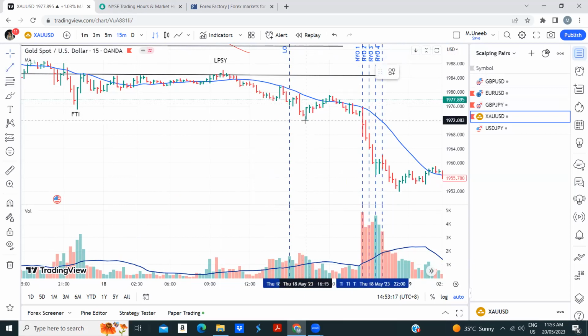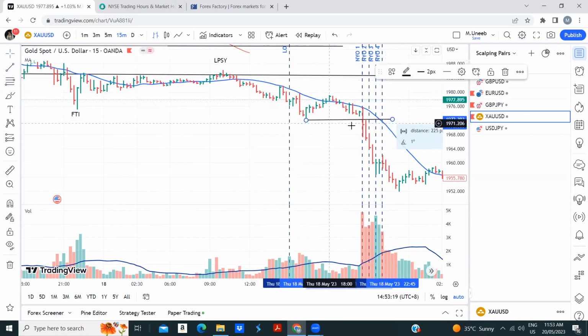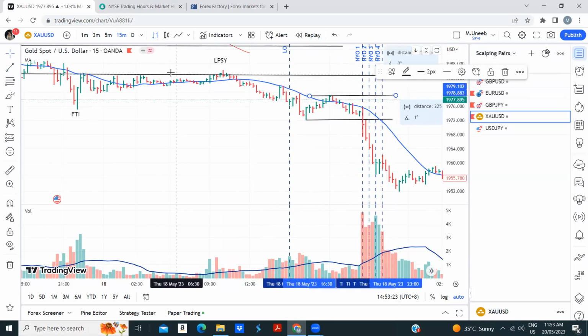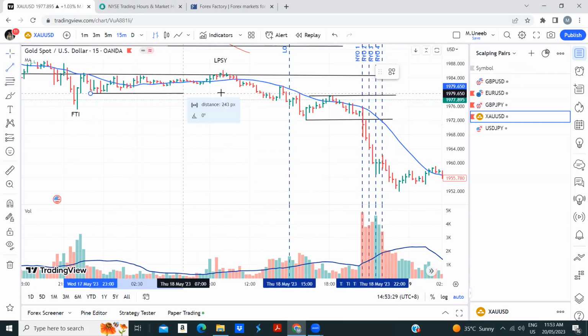We have again some sort of range, okay? And this range here again after this one FTI, okay? After FTI, this is LPS, and this LPS is what? Again,